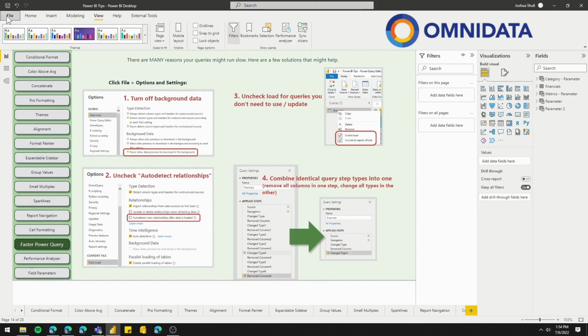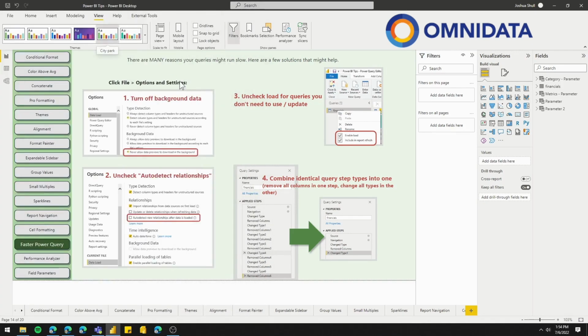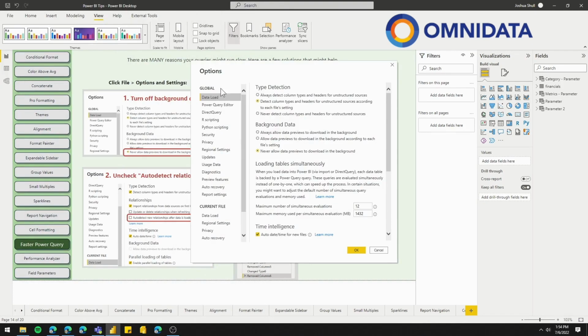First, just go to the File menu and then go to Options and Settings, Options. And while that loads, in the Data Load option right here under Global, the first thing is, under Background Data, change this to say Never Allow Data Previews to Download in the Background. That's one. But the other option that we'll get to very shortly, if you go down under Current File, under